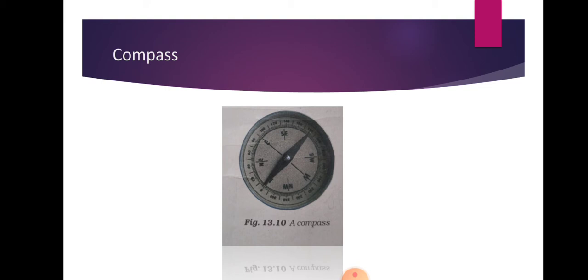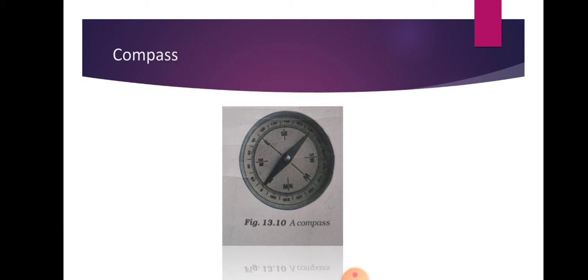Like if we want to find out the direction, we will simply rotate the compass, and it will give us the direction which we are in. But at rest, when the compass comes back to its rest position, it will always be in the north south direction. Now the question might arise in your mind: how will we be able to find out which one is the north direction and which one is the south direction?